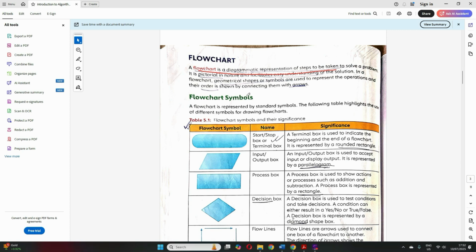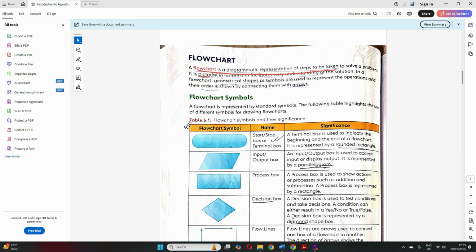Like here you saw in pseudocode, we write step by step in simple English language, right? But there it is written. In a flowchart, we draw a diagram for the steps instead of writing, right? So a flowchart is a diagrammatic representation of the steps we take to solve any problem or task.